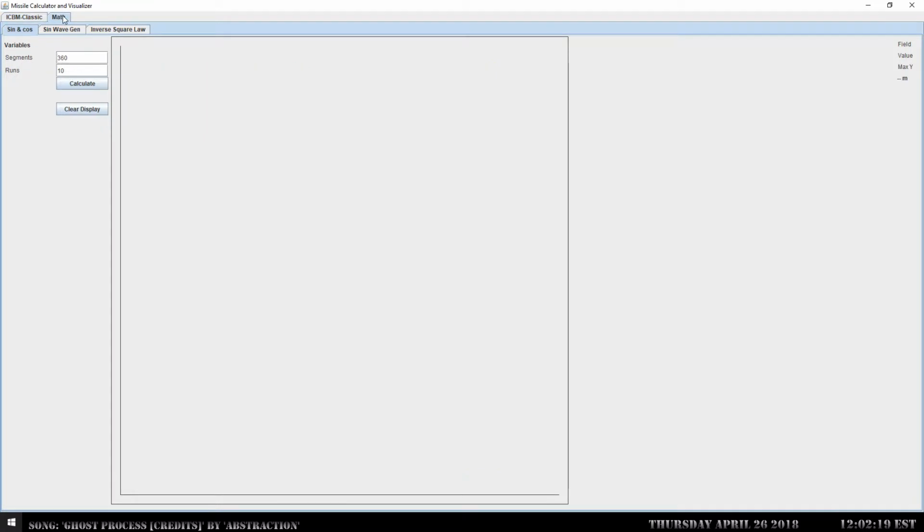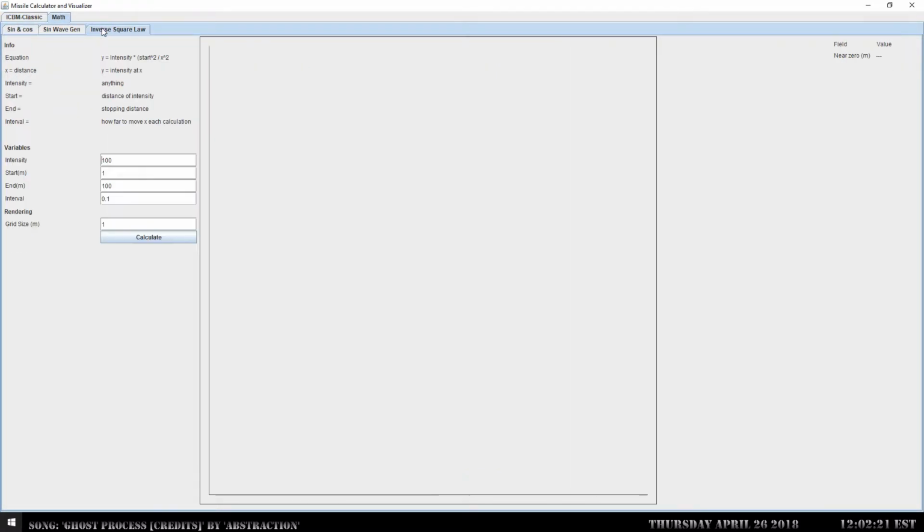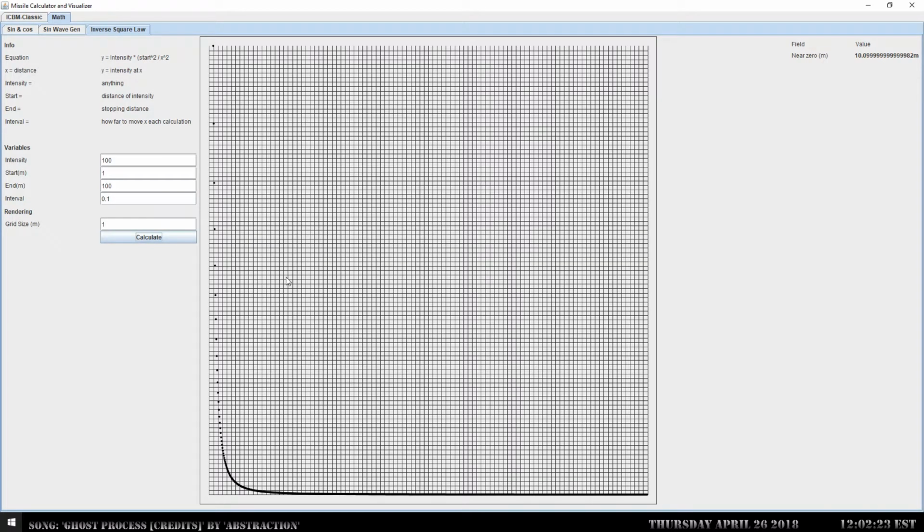But the part that was added over here is the math app. So I'm working on inverse square law. People who have done mathematics, and actually done a lot more advanced mathematics, probably know what this is. It's basically, if you have some kind of object that works on an intensity level that declines over distance, you use something like this. This is particularly used for light and everything else, but what it's used for as well